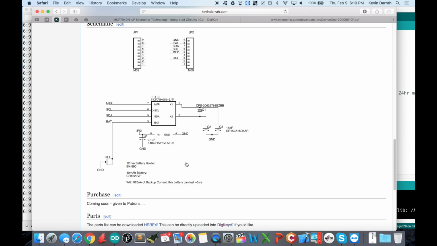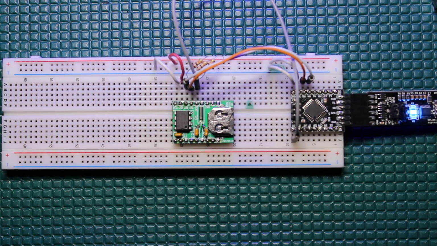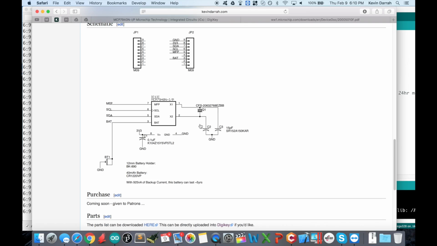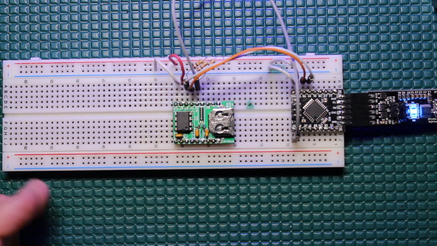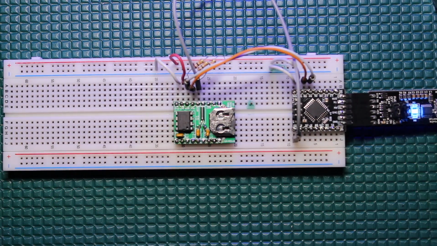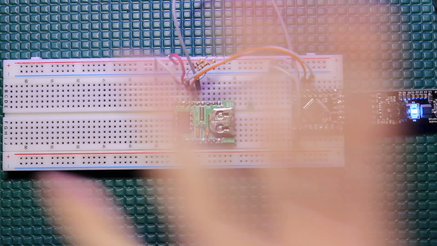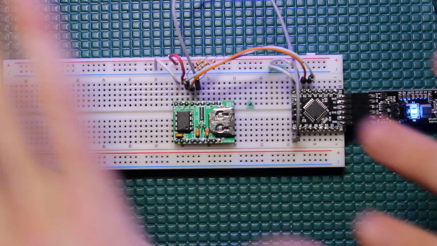Now my only concern here is that the 32.768 kilohertz crystal here, I'm afraid that the capacitance of the breadboard would have a pretty dramatic effect on that and affect the timekeeping of it. So I'm not sure how well that's going to work out, but what I'm planning on doing in a future video is setting up a whole bunch of different RTC configurations here on the bench and letting them just run for a month,